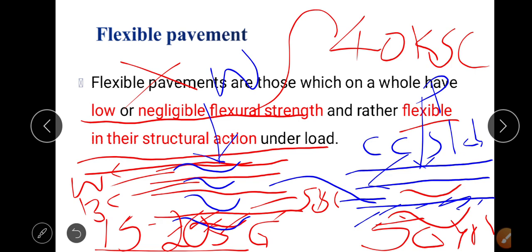Suppose for example in Kopargam itself, just 4 or 5 years back, opposite the bus stand, they were constructing rigid pavement. It is still there, fully cracked. Actually, the concrete quality which they were using during laying down the concrete slab was so poor. Within a year, it started cracking and the surface course was becoming very rough. It was not at all smooth.